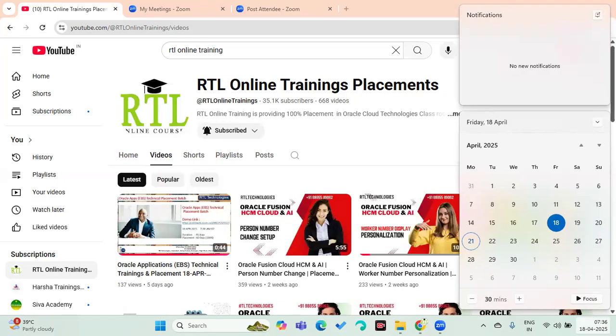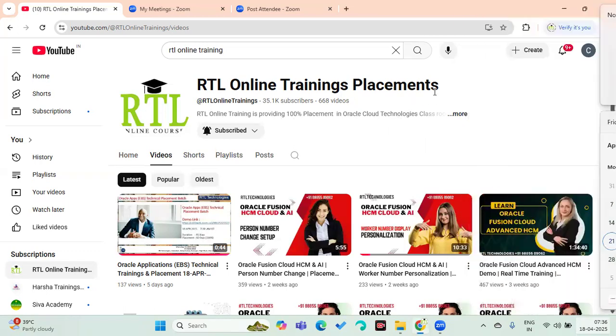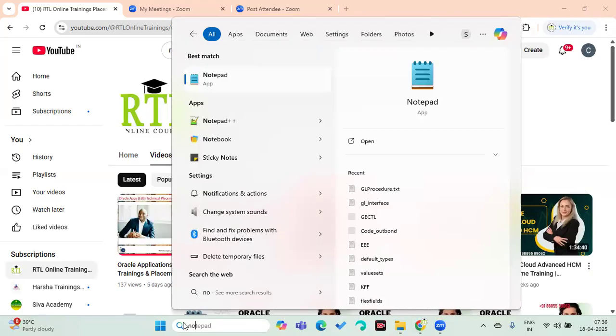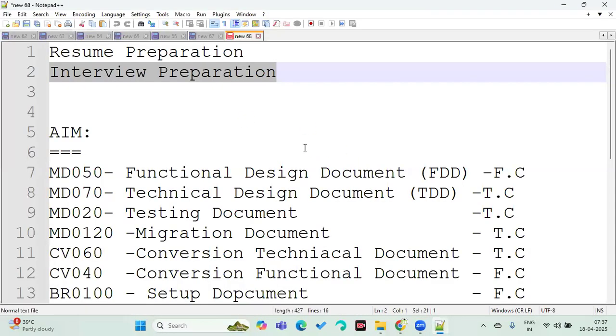We'll be discussing detailed information about Oracle applications, EBS, as well as the technical and other things. Let me open the Notepad++ here for easy communication.